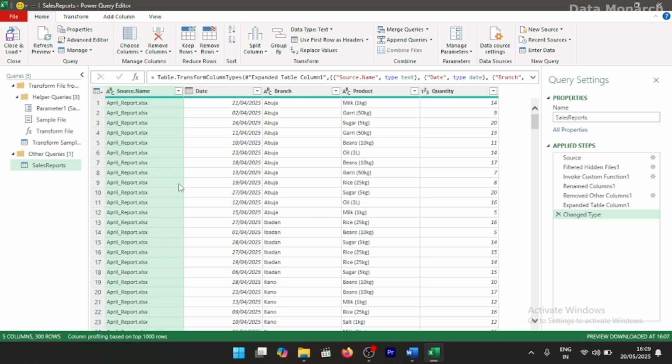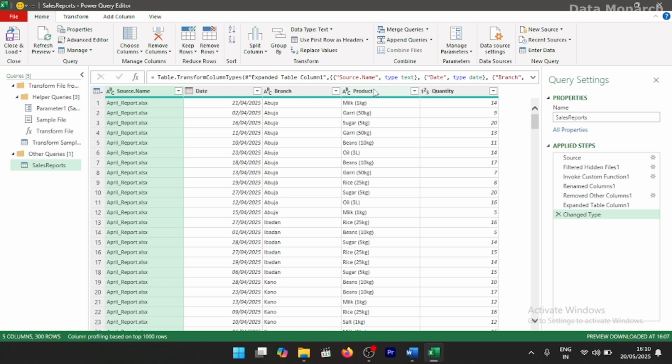Now what we want to do is to check if our data types are correctly formatted. So you can see ABC, this is rightly formatted. This is formatted as a date. This is formatted as text, just as text is included in the column. This is formatted as ABC, yes, as text, and this is formatted as numbers, since we have numbers in the column. Right now, the next thing I want us to do is to split this product